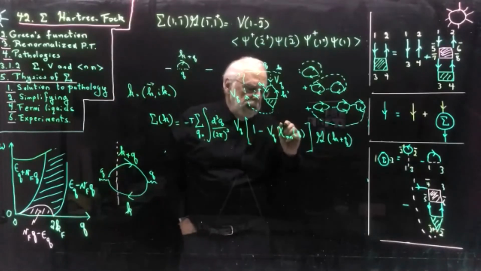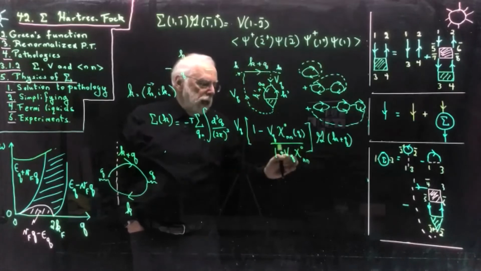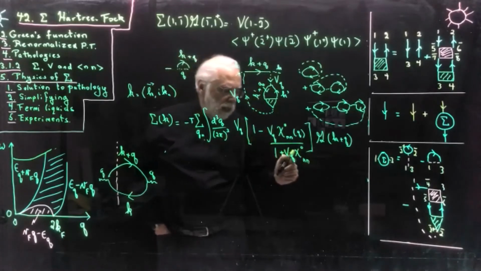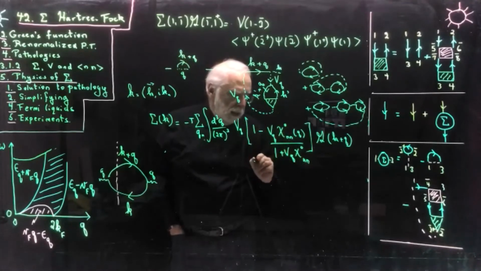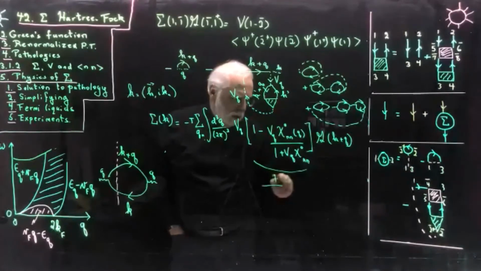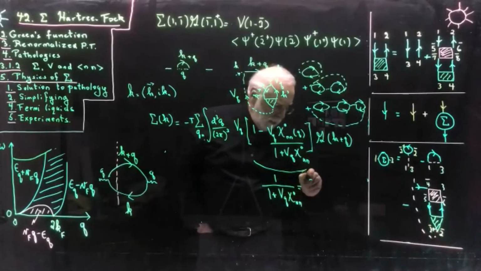Chi and N is chi 0 over 1 plus V of Q chi 0 and N. Okay? So when I work with this, you see that when I put this on the same denominator, this guy here will become 1 over 1 plus V of Q chi 0 and N. And what is this? This is epsilon 0 divided by epsilon longitudinal of Q.